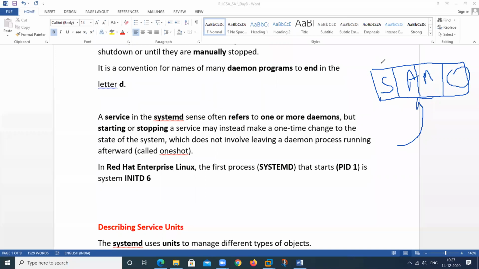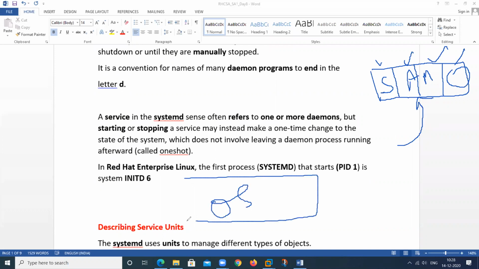So by using these units, we can control all the things of this company. In the same way, we have an OS. In this OS, we want to control all the things, and to control all of these things, we divide the whole thing into units.